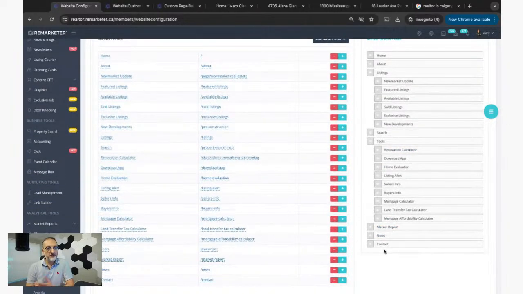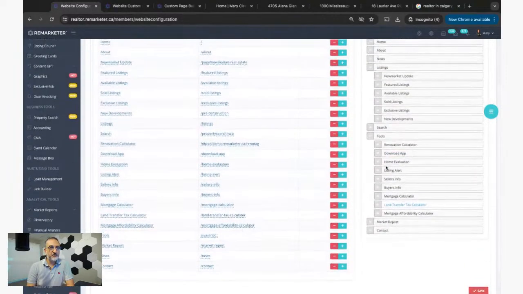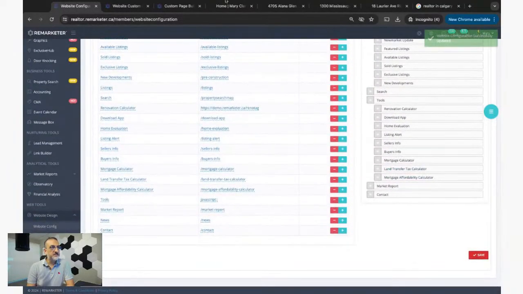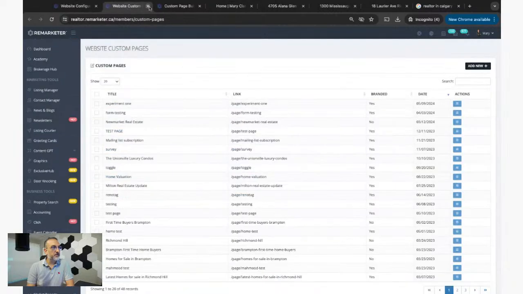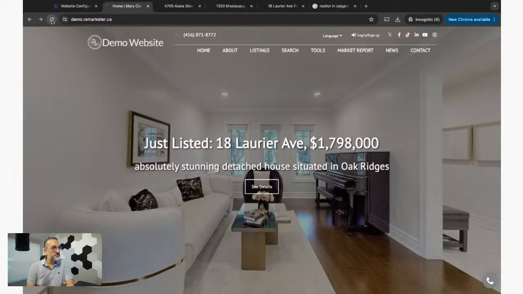So if I want to change anything and move anything around, we can easily do that. So for instance, let's say I want to move news up here right after about. So I just move it there and save it. So let's go ahead and get rid of these guys. Refresh this. Now you can see